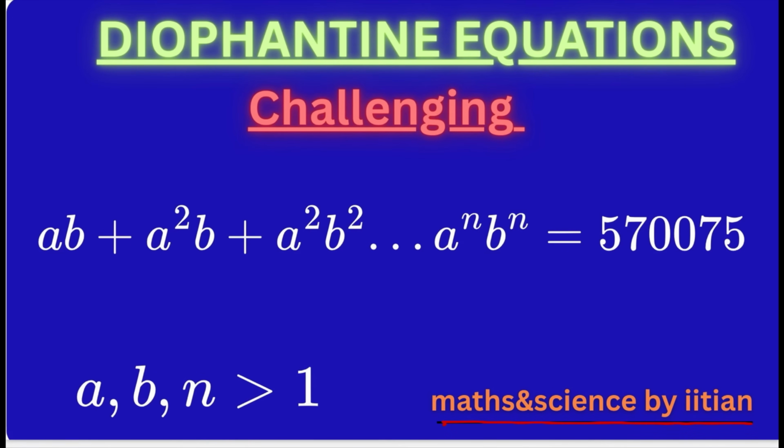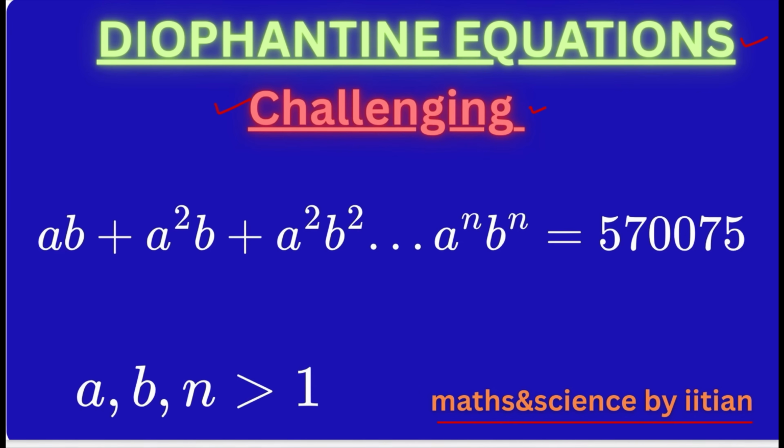In today's lecture, we will be taking up solving a Diophantine equation in which three variables are there. It's a challenging problem. It involves a lot of number theory theorems, and also